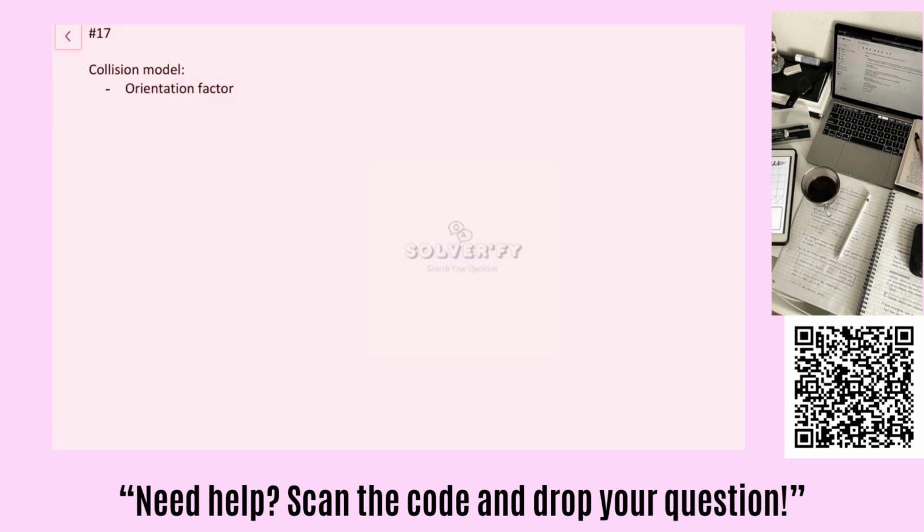Number 17, orientation factor. Okay, so an orientation factor talks about the specificity of your molecules in terms of the orientation, from the word itself, orientation. Okay, so what I mean by that is if you have two molecules reacting, so let's